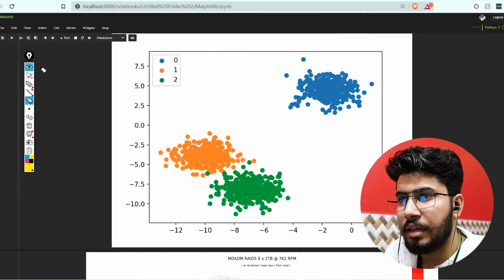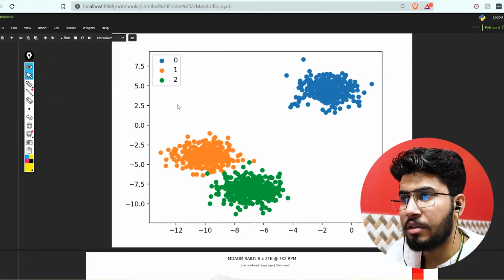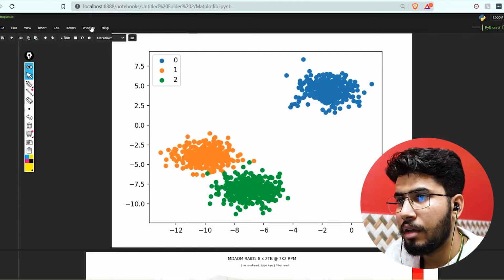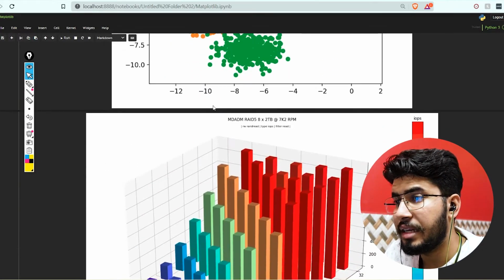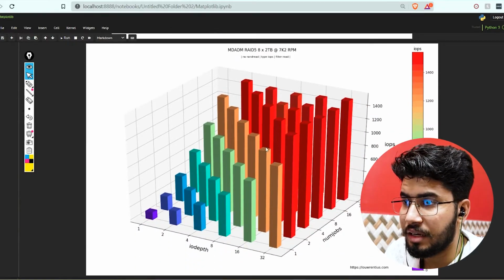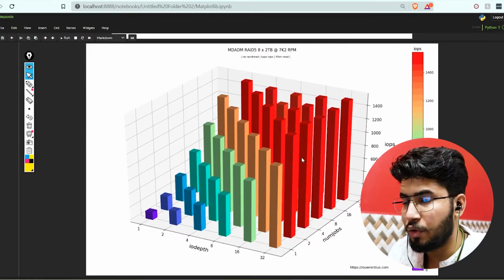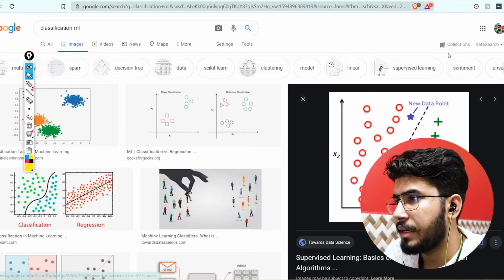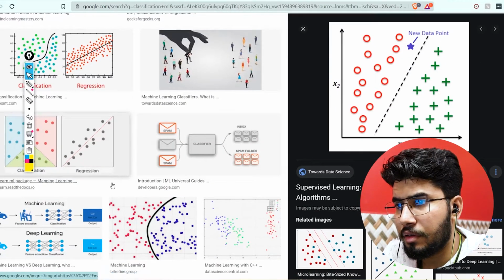So this is very useful in terms of explaining things to other people, and we mostly use it to represent things. There are other libraries like Seaborn, but in this tutorial we are going to take a look only at Matplotlib. You can also represent 3D data, and you can also represent bar graphs and pie charts. So let's take a look here.